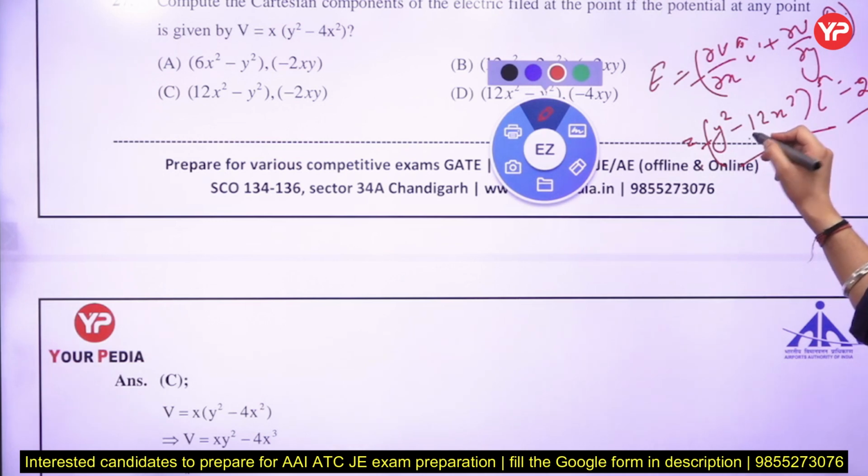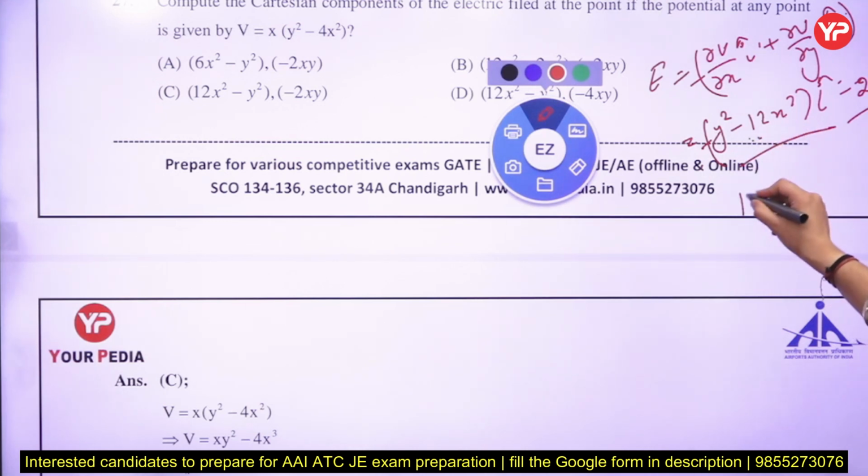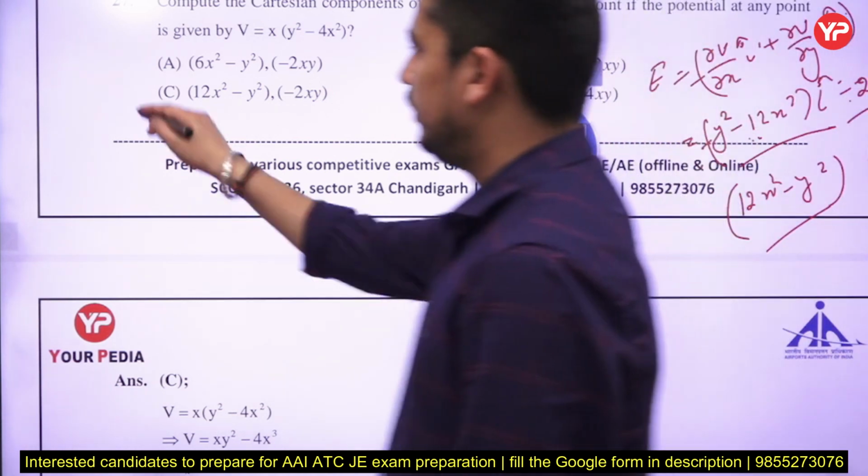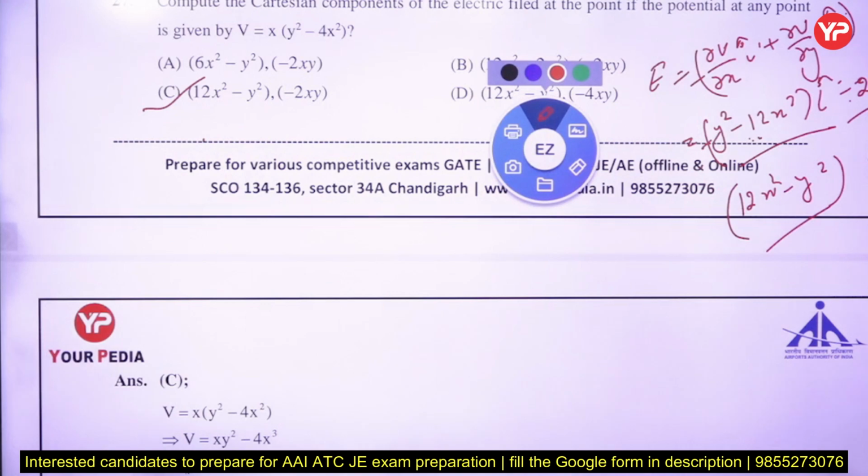When you multiply by the minus, the minus goes inside, that becomes 12x square minus y square, that is i cap, and the other one becomes 2xy. I already covered this minus here, right? 2xy with the minus. So these are the two components, x component and y component, right? Next,